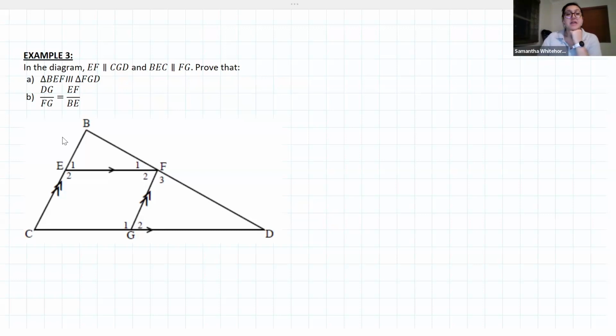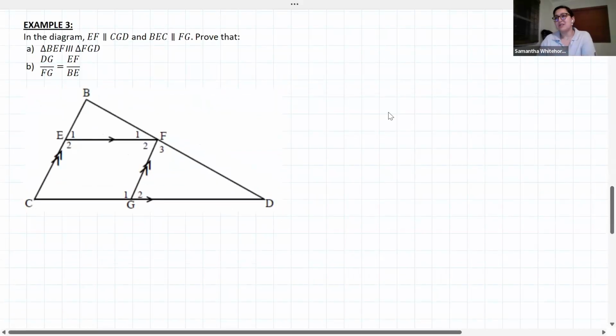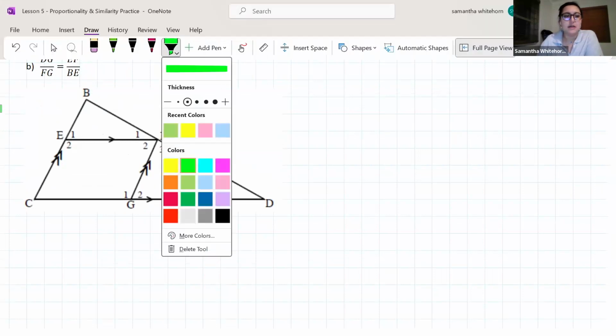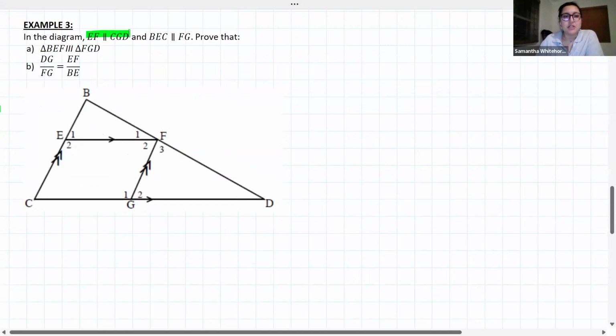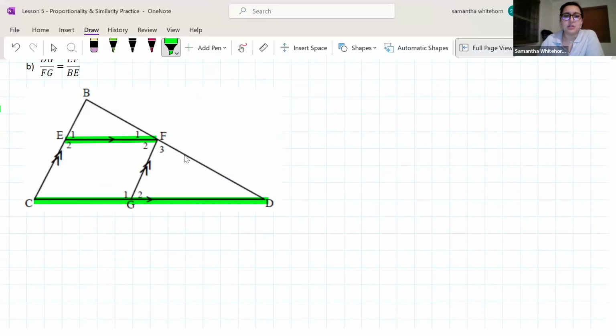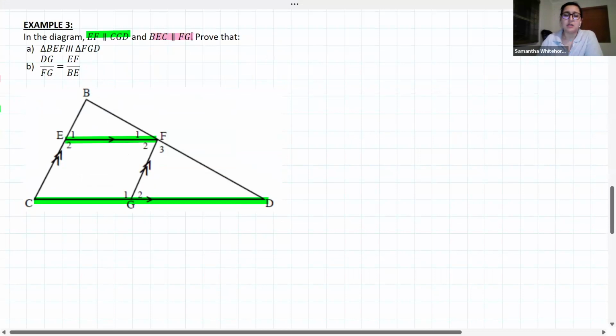In the diagram, EF is parallel to CGD. Now, guys, just because there's three letters there, it doesn't mean anything weird. It just means that there's 3 points along that line. Remember, you can have a number of points along a line. So EF parallel to CGD. That's the green lines that I'm highlighting. And here's the multiple points along the line, C to G to D. Doesn't matter. Still a straight line. Still parallel to. And BEC, so same situation over there, is parallel to FC. So these are going to be the slanted